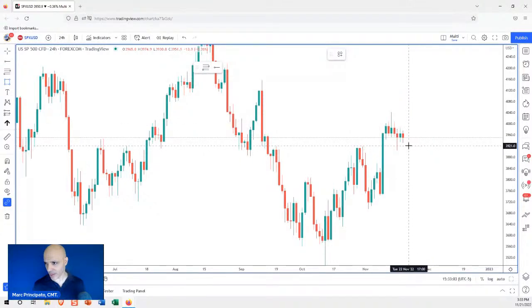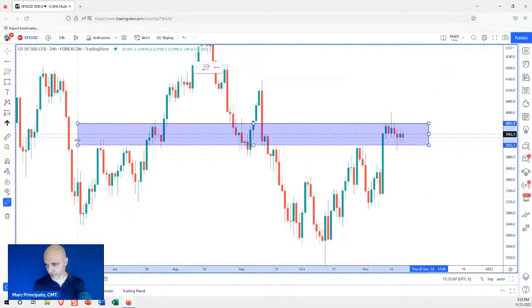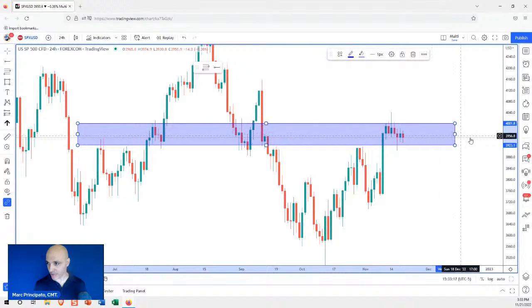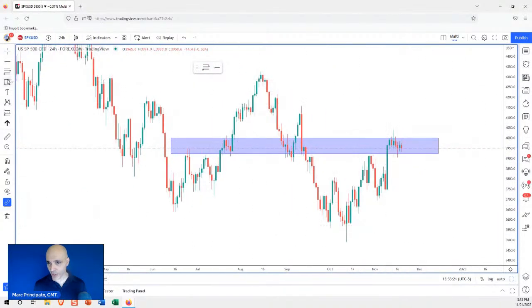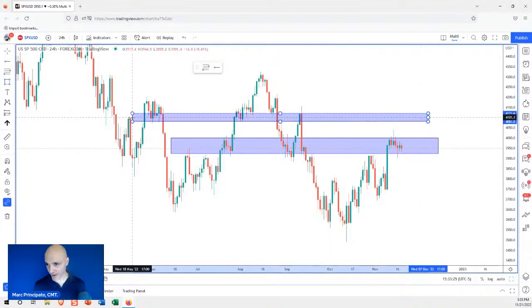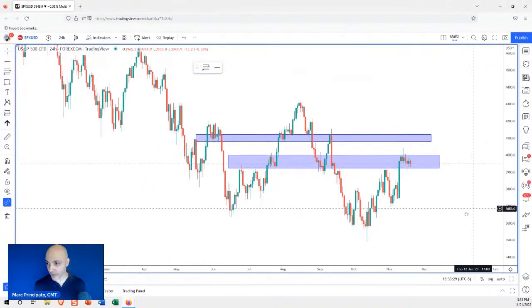Now, as far as the S&P goes, first of all, look at the level, right? Look where it is. This was acting as a support, and then it broke, acted as a resistance, and now that resistance is sort of compromised, but the general area is still resistance. Okay, on top of that, you have to pay attention to the bigger picture structure. You have another resistance right there. Okay, so you have all these layers of resistance above you, and that's interesting.